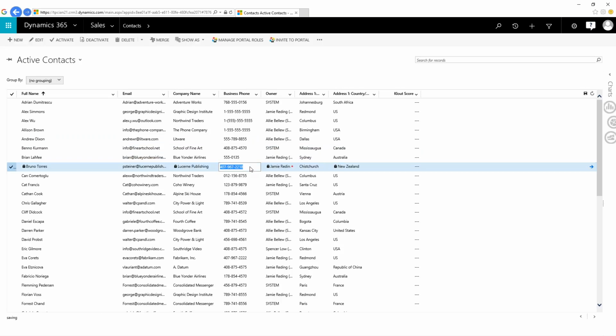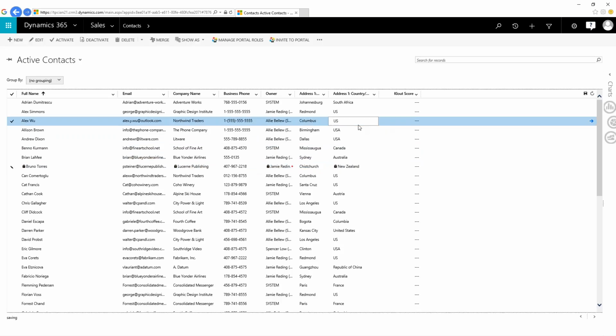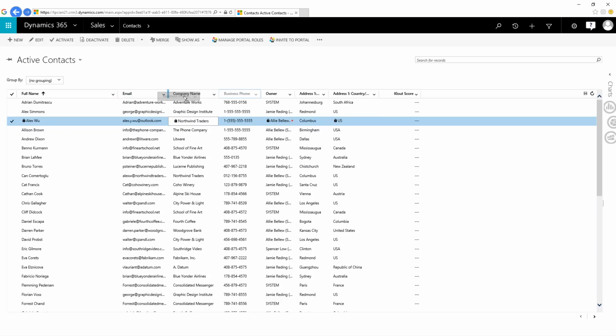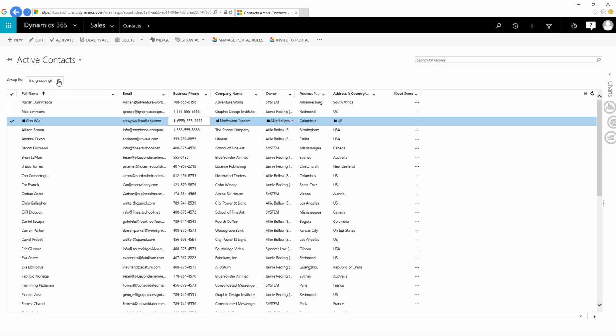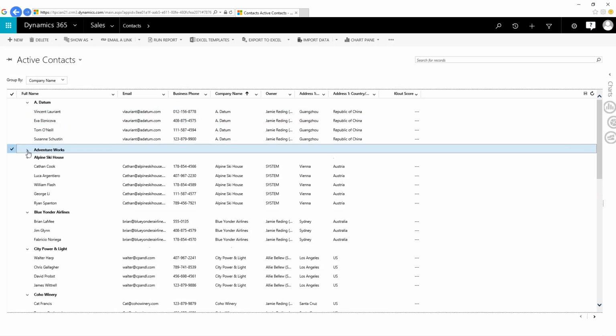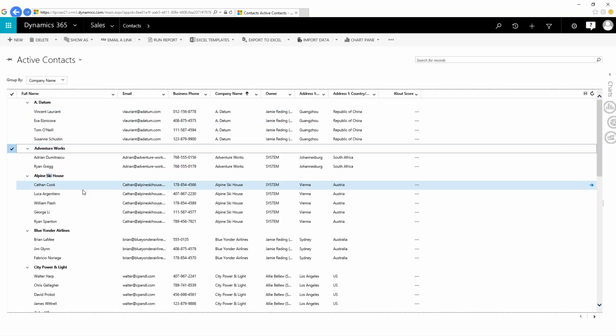Rather than having to open the records. So this is a really nice new feature that they have enabled. Notice some of them are locked because those might have references and so on. But what we can also do is drag and drop and move columns around. Something that you might be used to in other applications, this is a nice feature. And I can also group my data right here and maybe group by company name. So group all my contacts by company name, and I can see everybody from Adventure Works or Alpine Ski House and such. So nice new functionality in Dynamics 365.